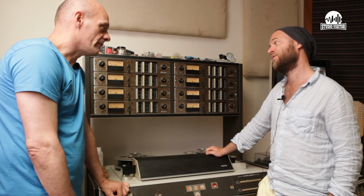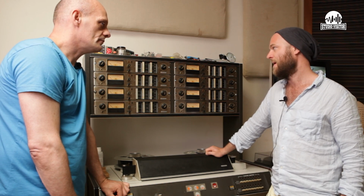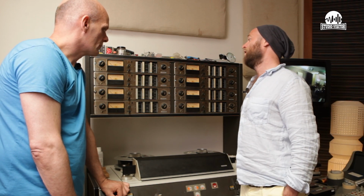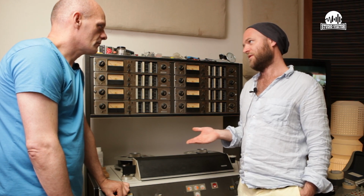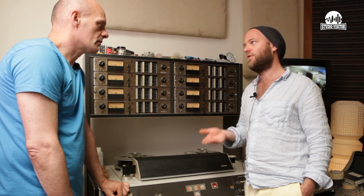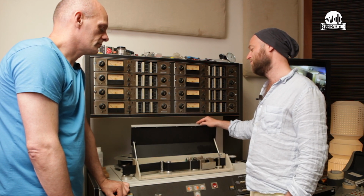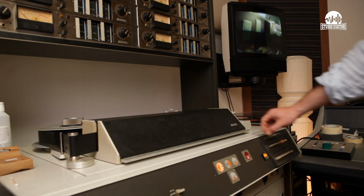Up until the early 70s when the 24-track became a standard in the studios, this was a staple. It's basically a 16-track version of the 440, the Ampex 440, which of course they had in mono, stereo, 4 and 8 track at one point. And what they did with this one was really special because they already had a 2-inch transport. It was not from their music recorders, but from their